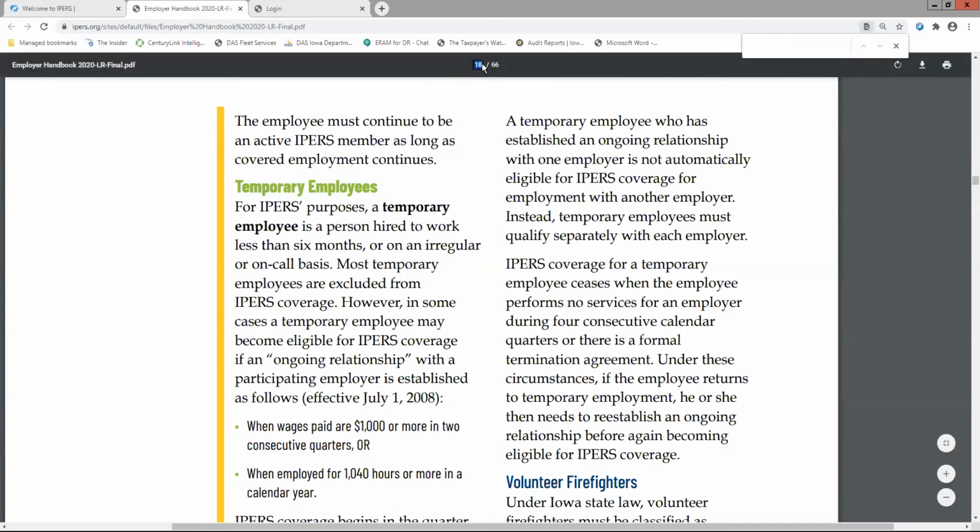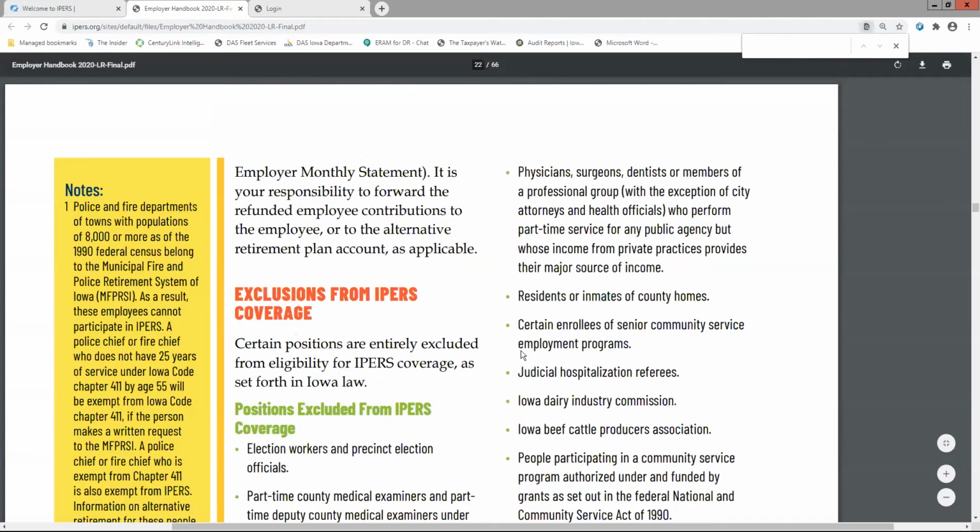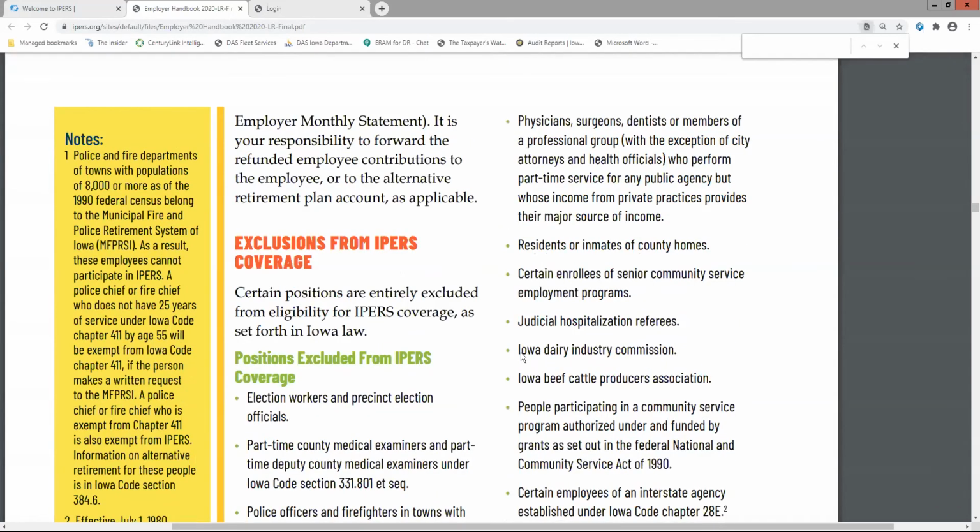On page 22, it talks about other people that are excluded from IPERS. It talks about the high school students again, foreign exchange teachers. Volunteers are excluded. We get a lot of questions when we've had a lot of snow days for the school year. If those snow days push the school to go into June, like they were going to be done in May, but it pushed them into June, we do get questions about if teachers can volunteer those days in June